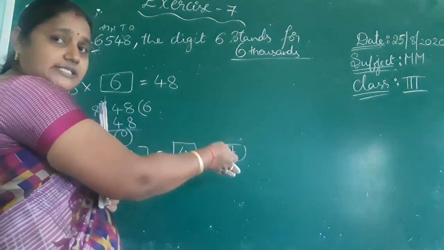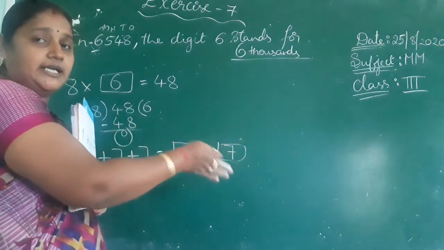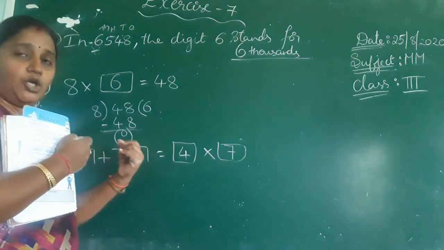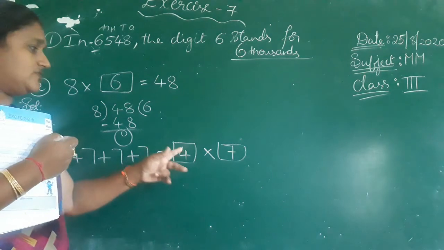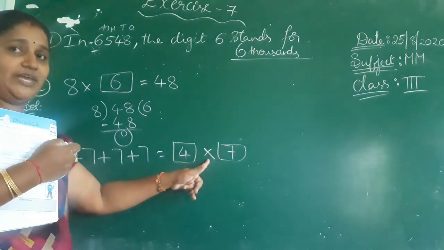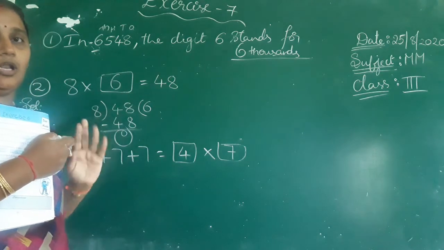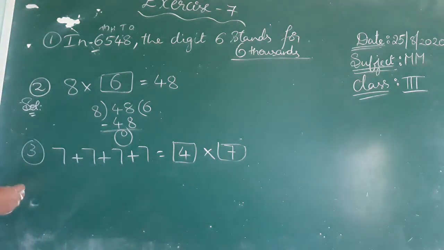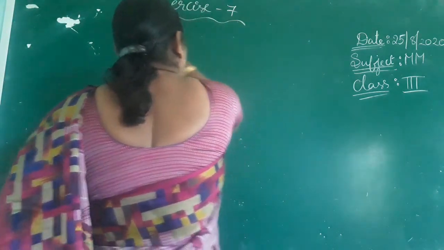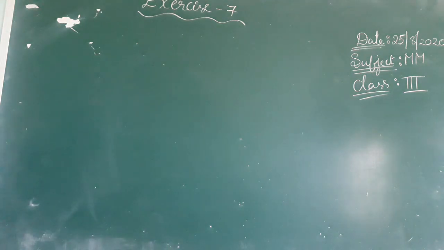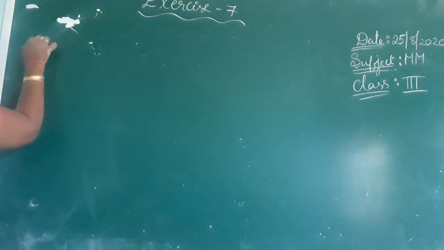They did not ask us what is the answer, what is the result. Just they ask like this. Okay? Don't get confused. How many times we repeat the 7? 1, 2, 3, 4. First write that 4 here. And what number we repeated? Write that number in the second column. Okay? See the third one, children. Third one completed, the fourth one.